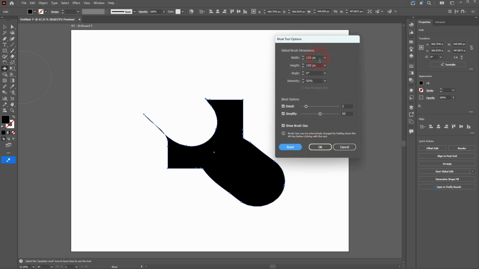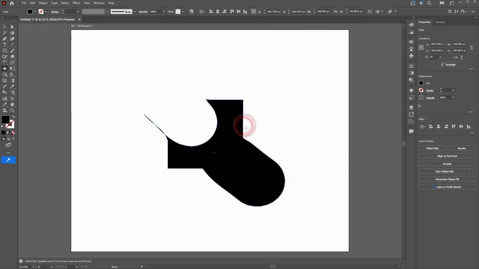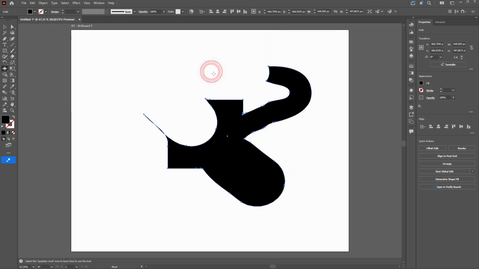Reset option gives you the default size of 100, and in principle it's kind of like a blow up effect. So if you think about blowing up a balloon,